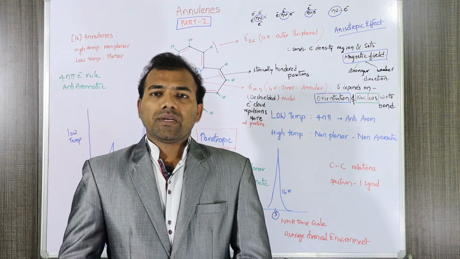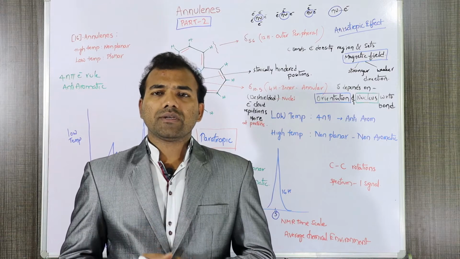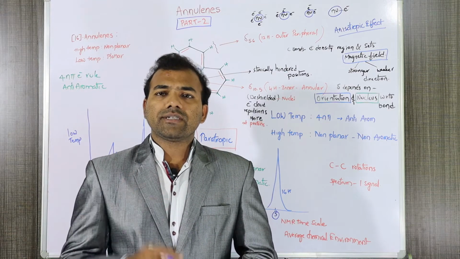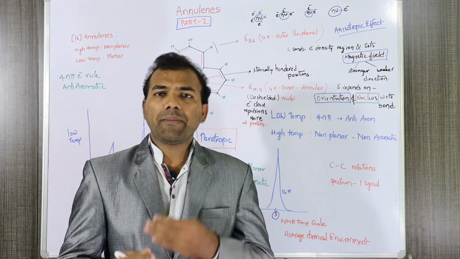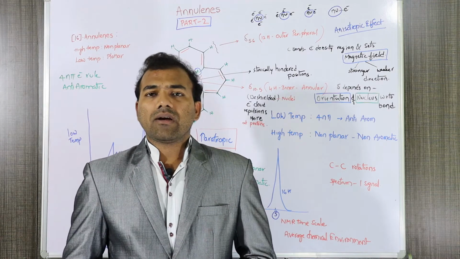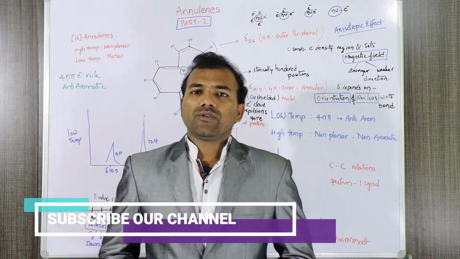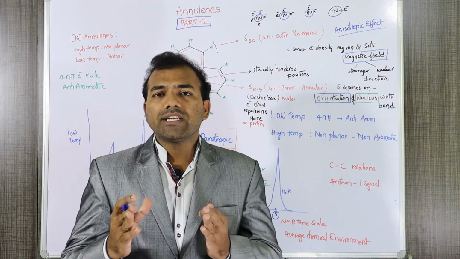So generally, these annulenes from 14 onwards are studied by spectroscopy. From the spectroscopic results, without going through Huckel's rule, we can predict the aromaticity of the annulenes, either anti-aromatic or aromatic. How it is done, we are going to discuss today. So mainly, what is the chemical shift?